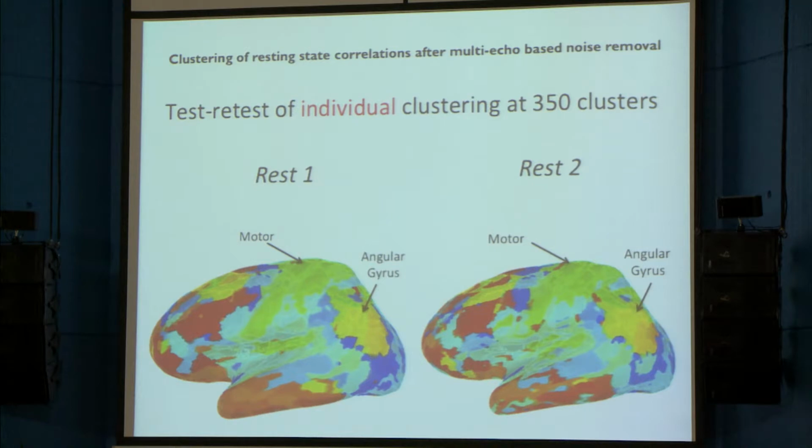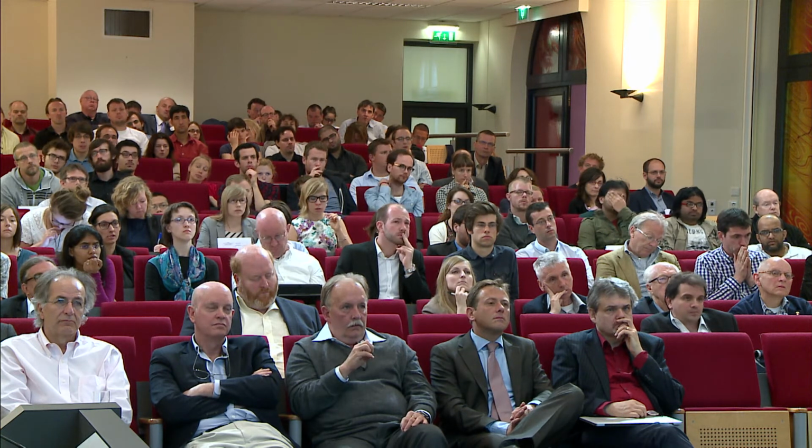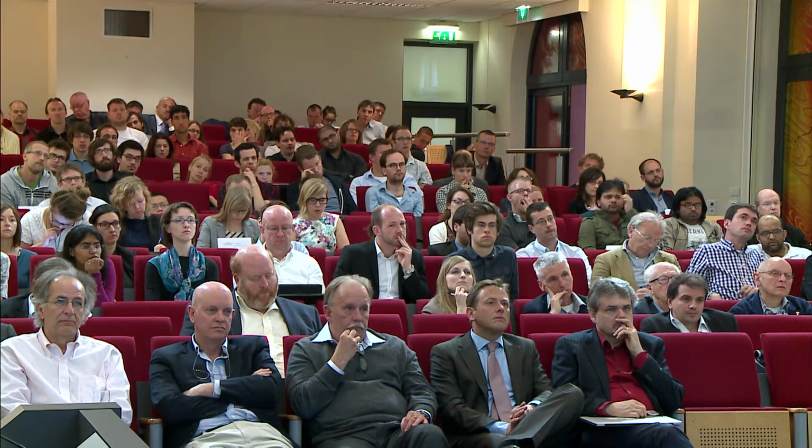So instead of having a subject doing a task in the scanner, which is very difficult clinically if you don't have motivated subjects, you have them lying in the scanner and collect this high signal to noise. In this case, with a single subject, it's a little bit more noisy, but it nevertheless might be representative in that sense. And actually, there might be some differences in these segments that you might be able to classify, and that's our goal, to use it clinically. And there's still a lot of test-retest reproducibility here as well, even with an individual subject. And also, there's good correspondence with task.